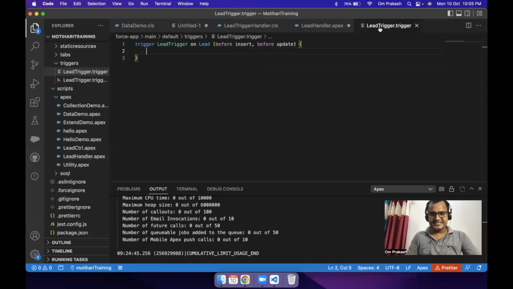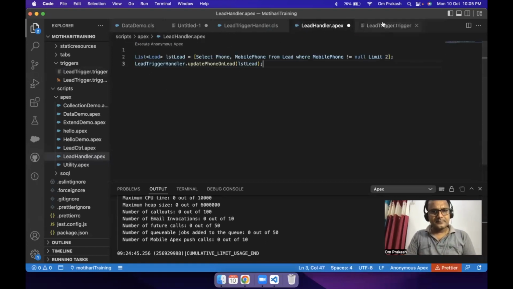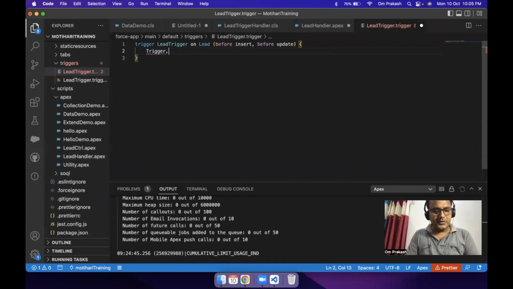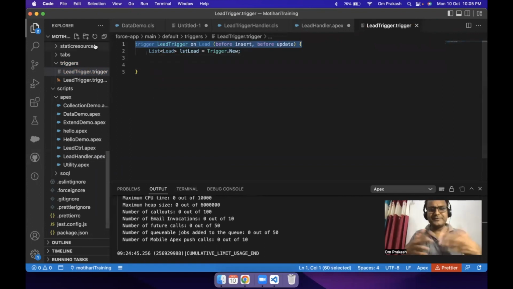My trigger is still pending. I'm just going to write Trigger.new, list of lead, lstLead equal to Trigger.new. When the trigger will fire and how it will fire, I will cover tomorrow. This trigger will fire when a lead record is created or updated, and